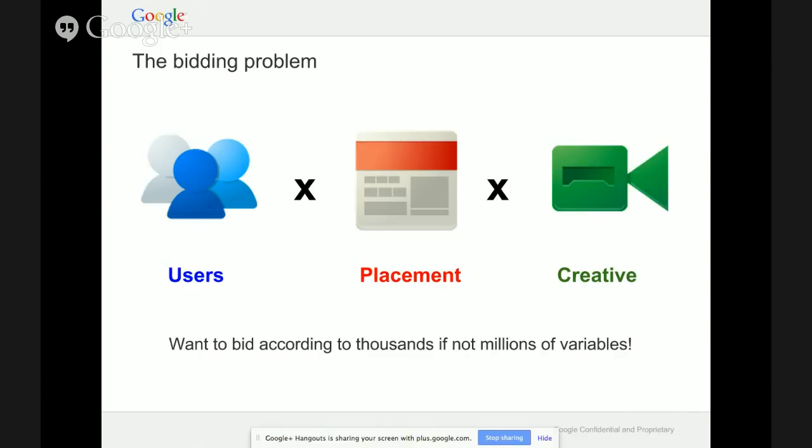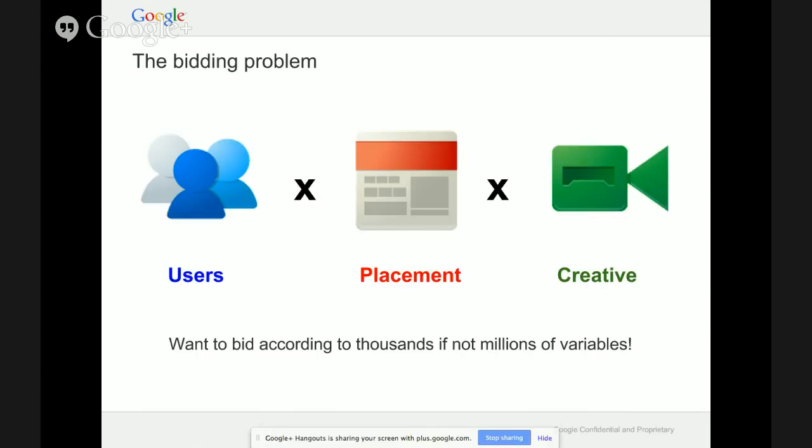Of course, you also look at placement. This is like the website that you think the ad will show on. You might have a certain sense that sites like ESPN.com perform better or worse, but it's really hard to manage the long tail of all the millions of possible websites out there. And then finally, you have the creative and how this interacts with the users and the placement. Managing all this complexity is a time-intensive process that doesn't scale with the huge amounts of data that's available nowadays. And in fact, it's possible to slice and dice the data in so many different ways.